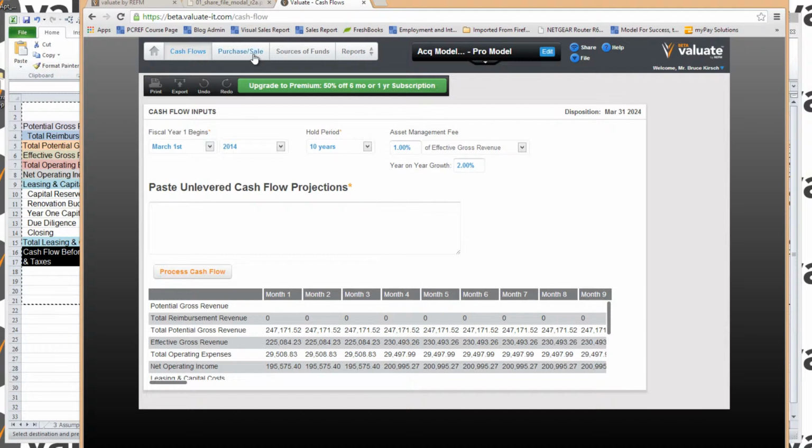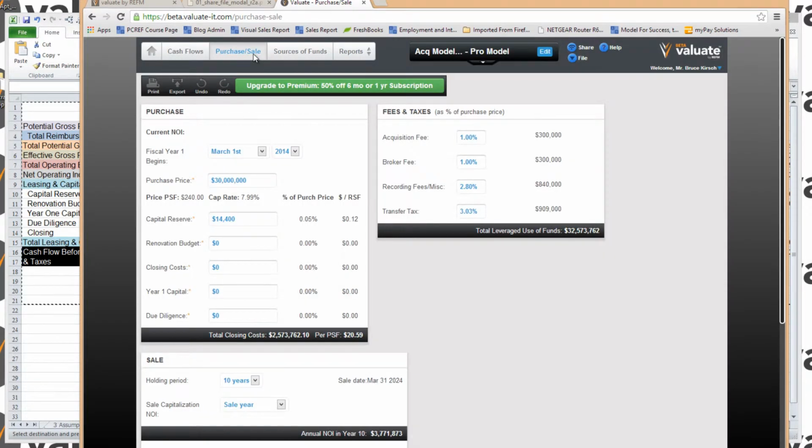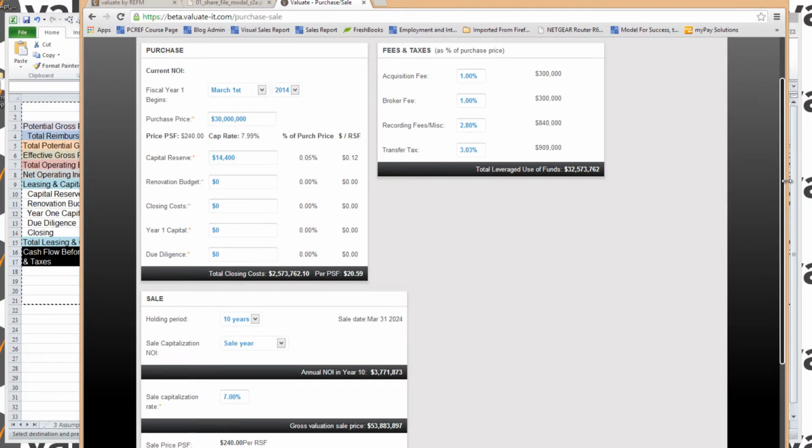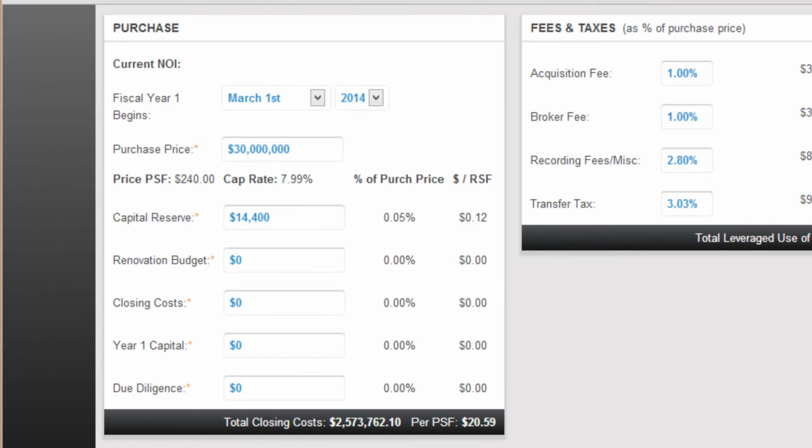Let's take a look at the purchase and sale screen next. And this is where we can provide more detail on acquisition costs, as well as include acquisition and disposition fee inputs. Another time-saving feature of Valuate is the fact that certain inputs that exist on the dashboard screen also exist elsewhere. So for instance, our purchase price, which we had input on the dashboard, sits here as well. And wherever we make that input for that variable last is what will dominate